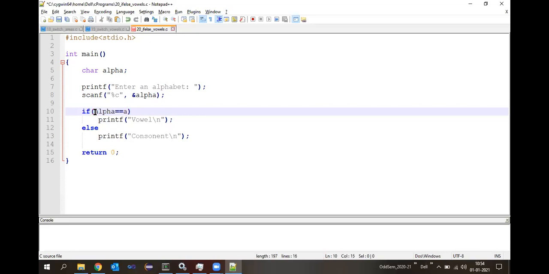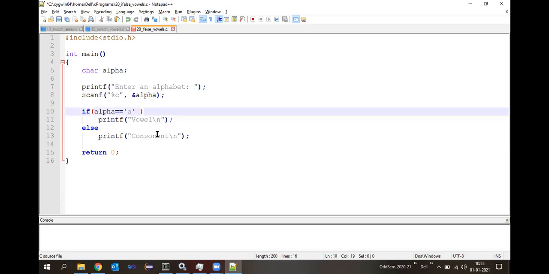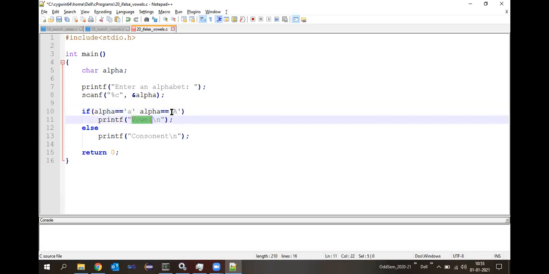Since it is a character, I need to place it within single quotes, right? So alpha double equals 'a', it is a vowel, correct? Then I also know that if alpha is double equals to uppercase 'A', then also it is going to be a vowel, correct?